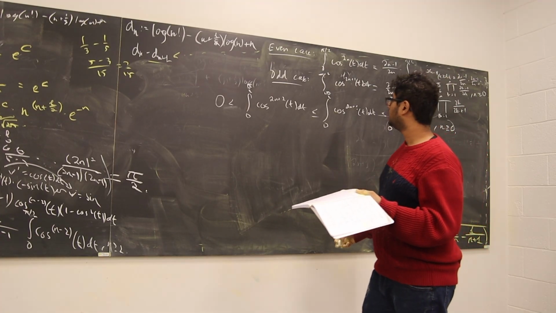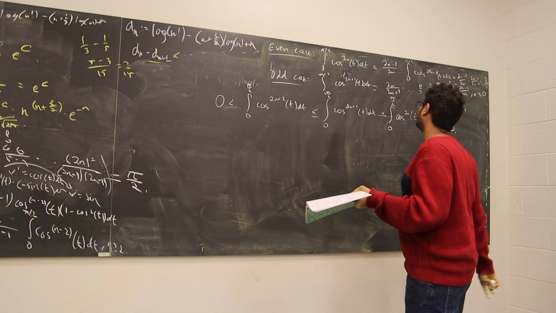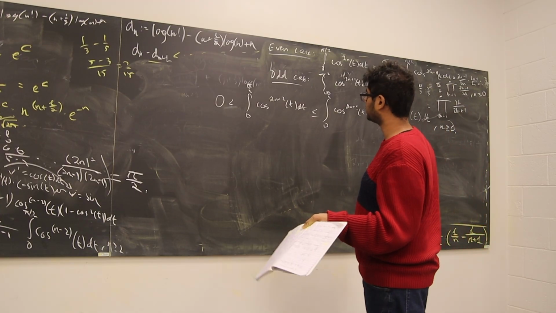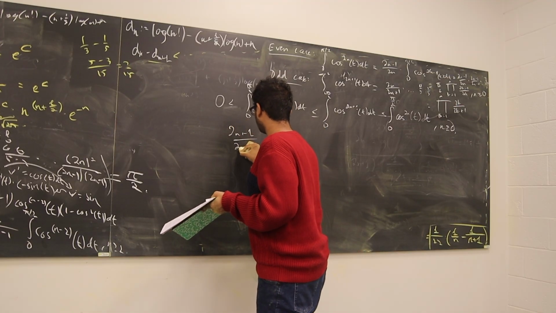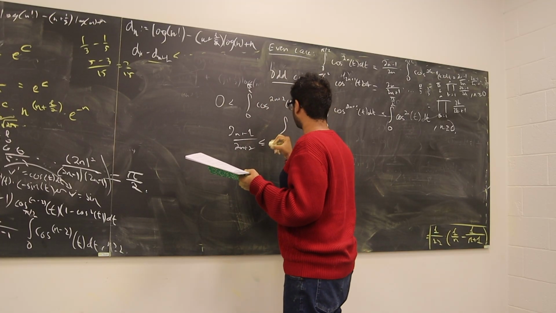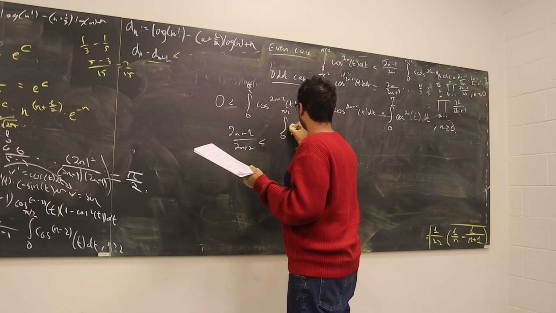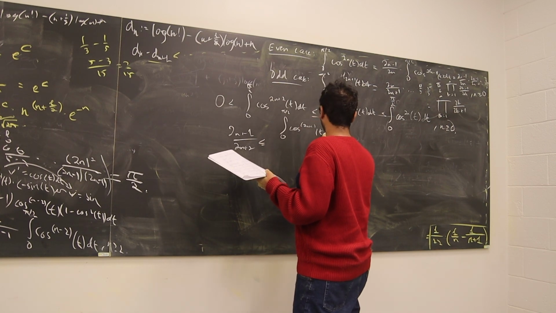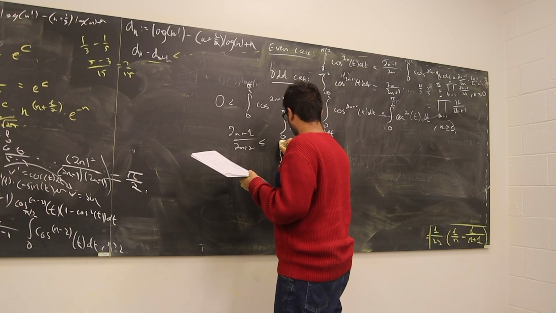So now we can see that these two are off by a factor of 2n over 2n plus 1. So I'm going to say 2n plus 1 over 2n plus 2 is less than or equal to this factor, the integral from 0 to pi over 2 of cosine of 2n plus 1 of t dt over the integral from 0 to pi over 2